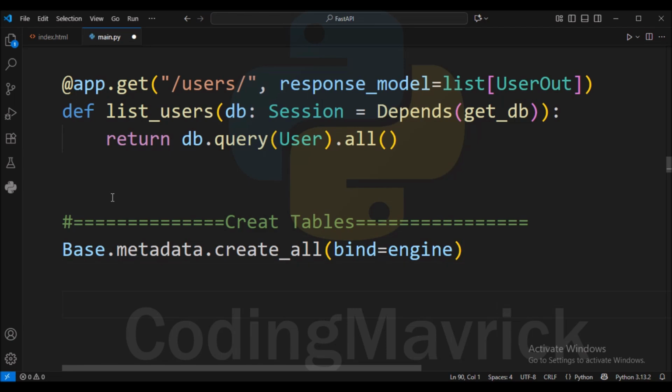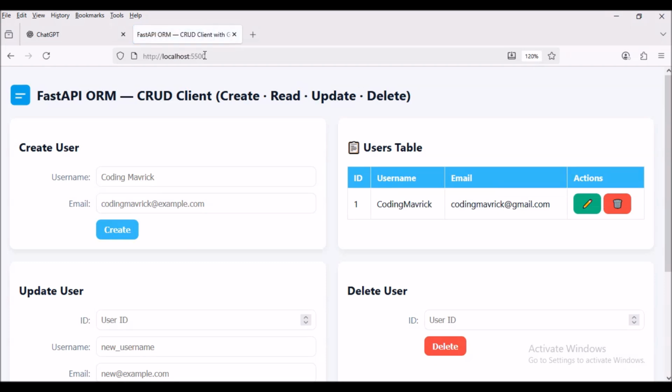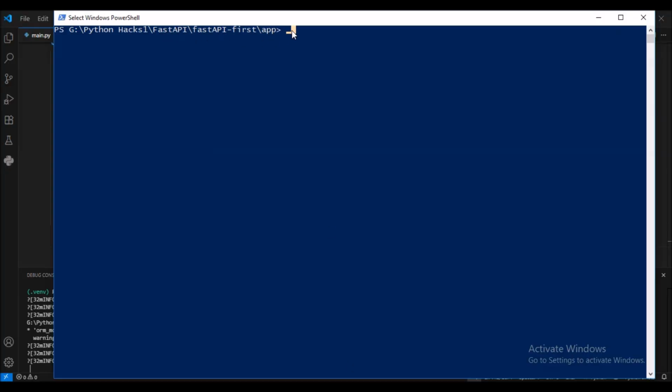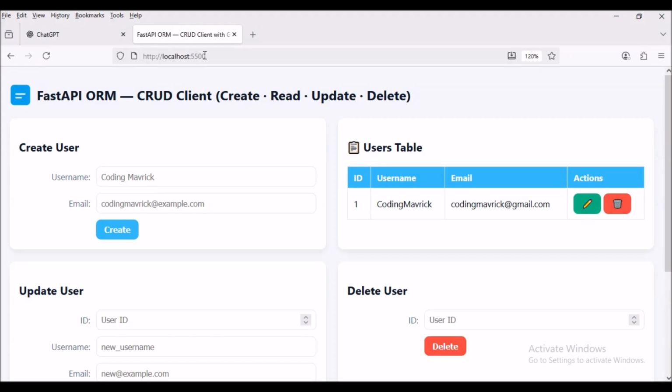Now viewers, I will perform the second step of my testing for this API for the routes update user and delete user. I will utilize the client app as already mentioned. The source code of this client app is available on my GitHub. The link is mentioned in the description of this video. I have deployed it on the Python inbuilt web server on port 5500. As you can see, this application has 4 parts. One for the creation of the user, the second is the user listing, third is for update user, and fourth one is for delete user.